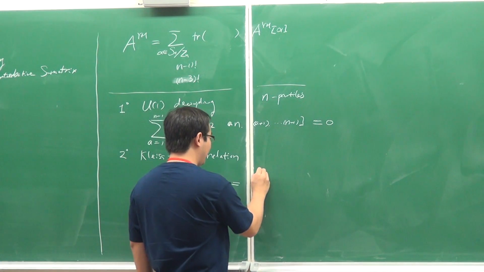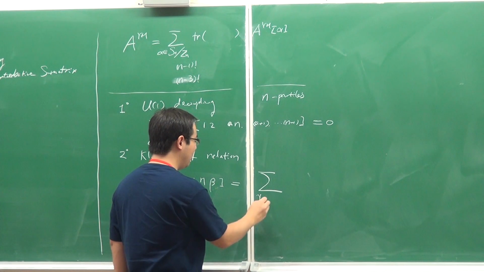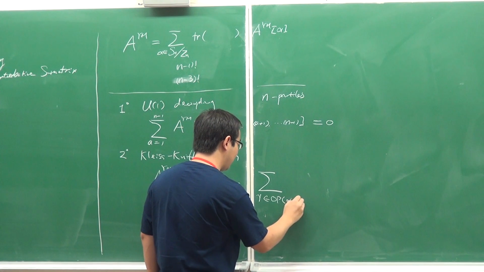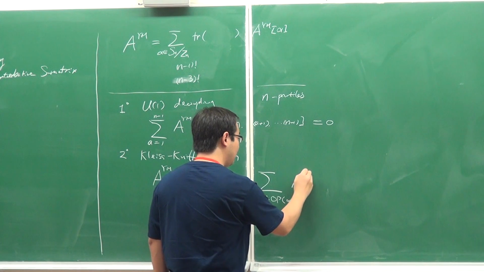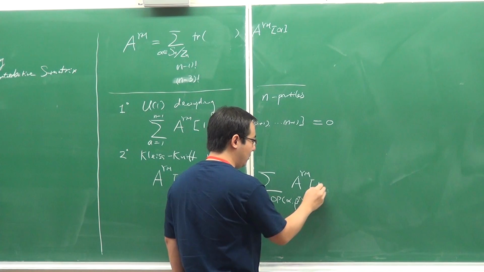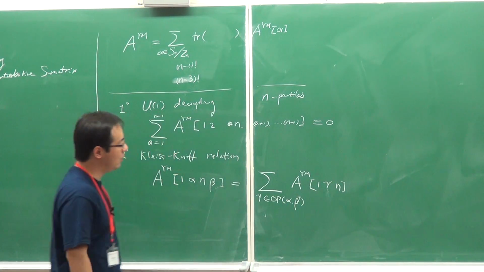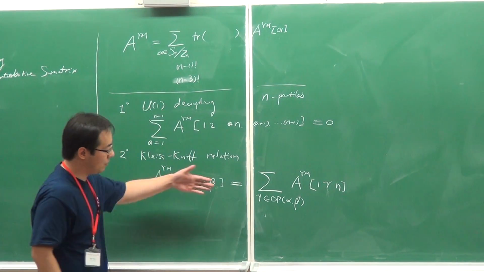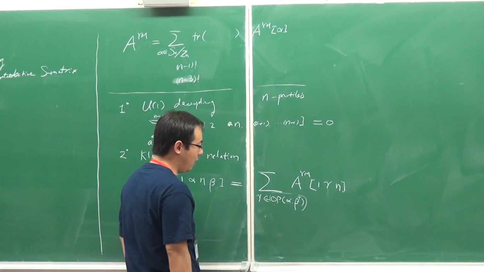Then it can be expressed as a summation over sequences gamma, which belong to a certain permutation, which can be temporarily used in this notation. Then for each of these gamma, we can put a corresponding partial amplitude whose labeling looks like 1, gamma, and n. We put the n all the way to the end. And this is again an identity among the Yang-Mills amplitudes. And this notation denotes the set of all sequences